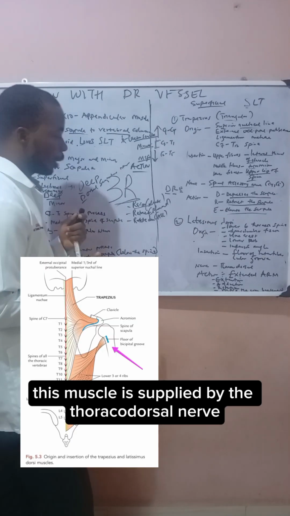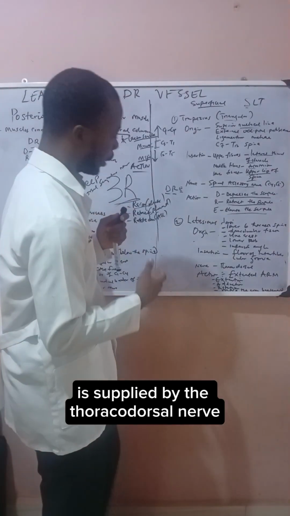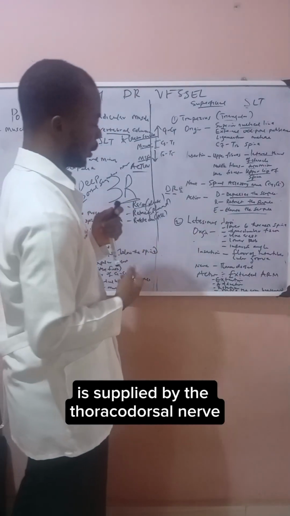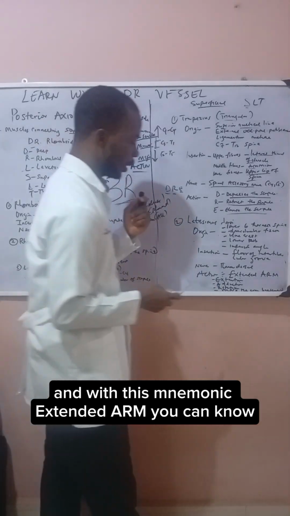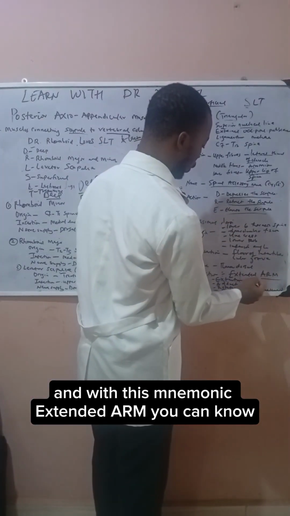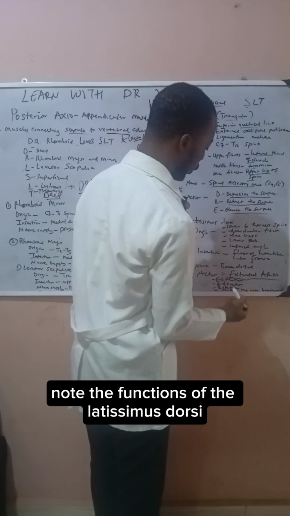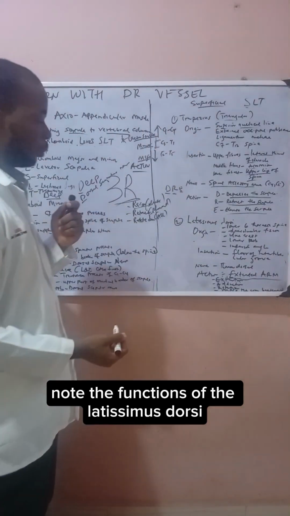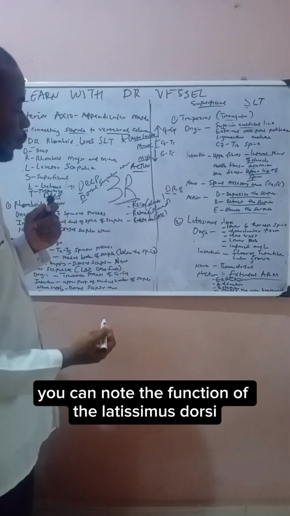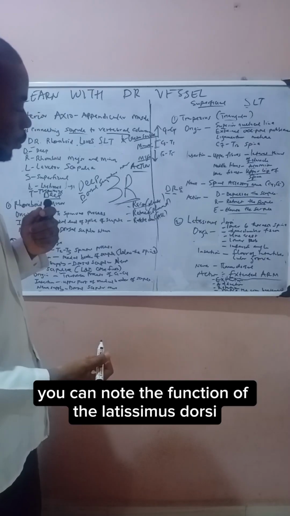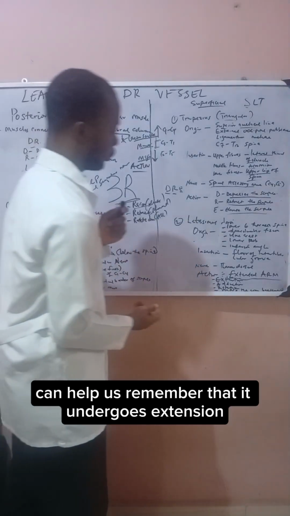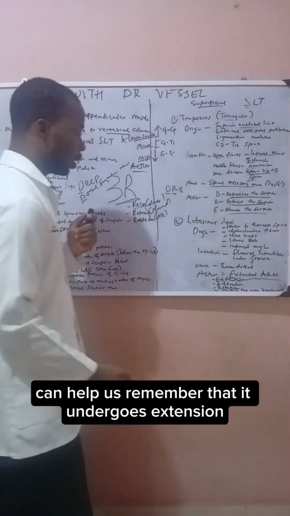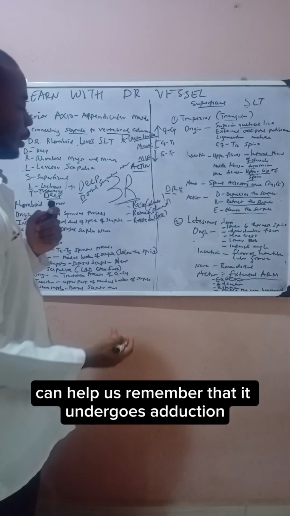This muscle is supplied by the thoracodorsal nerve. With the mnemonic EXTENDED ARM, you can note the function of the latissimus dorsi. Extended can help us remember that it undergoes extension. The letter A in arm can let us remember that it